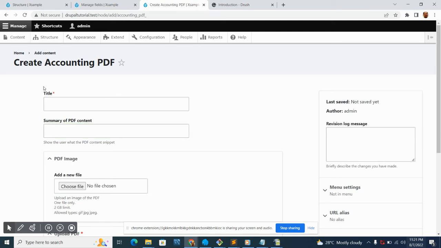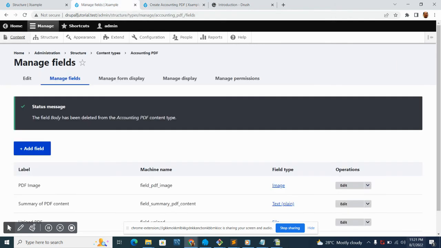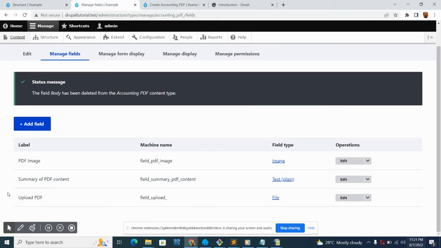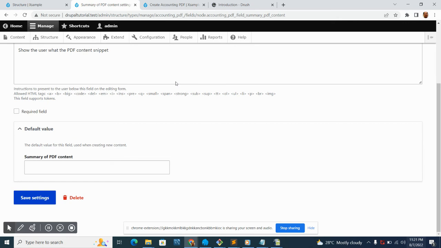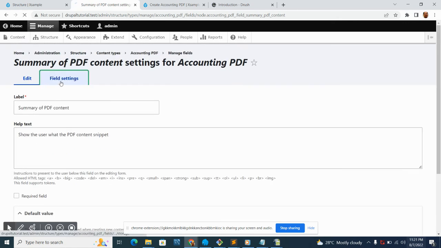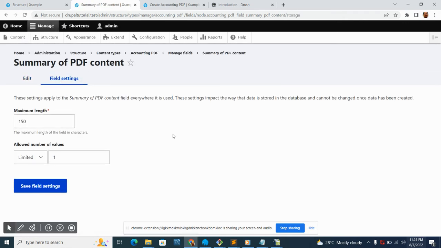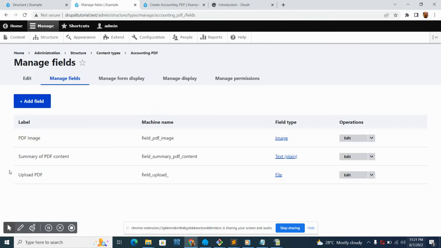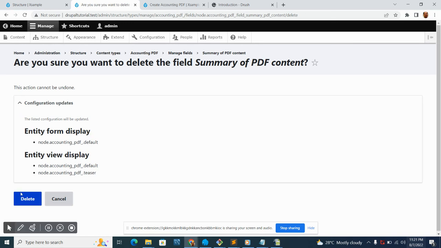So let's edit this. So summary of PDF content. Edit. Let's see if we can edit the field type. No, we can't edit the field type. Okay, so let's just create another one. Let's go to the manage field. Let's just copy this one and then delete this. And then let's create